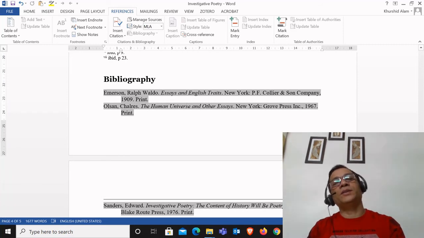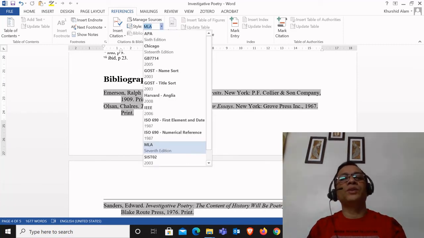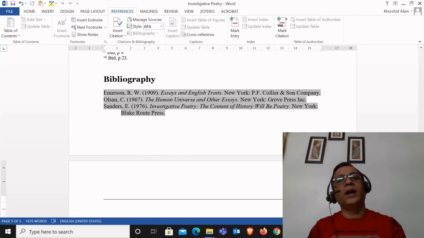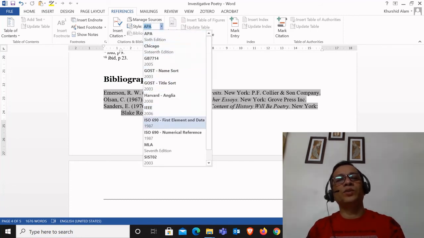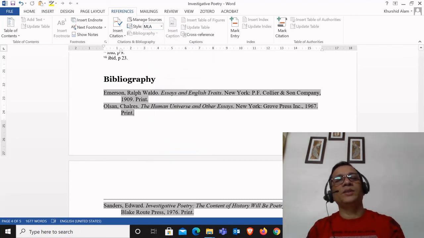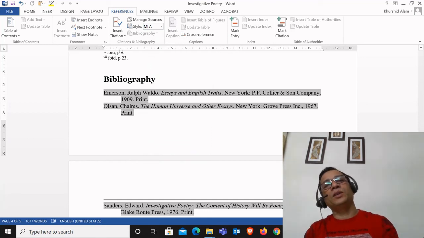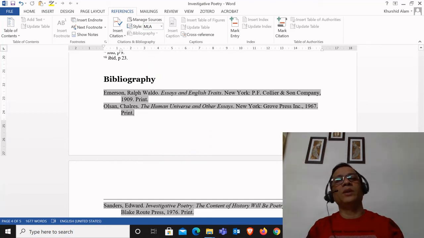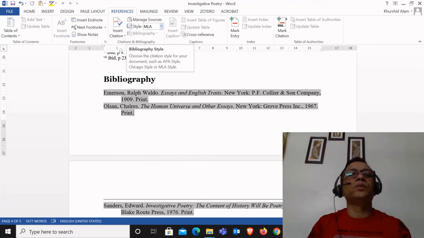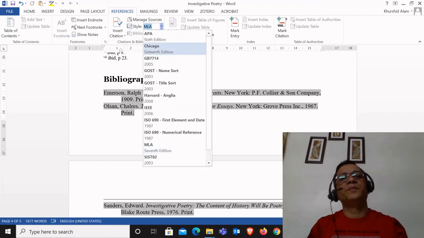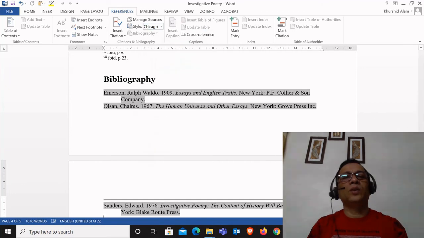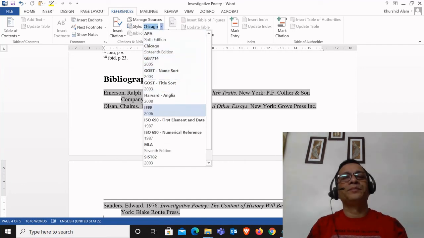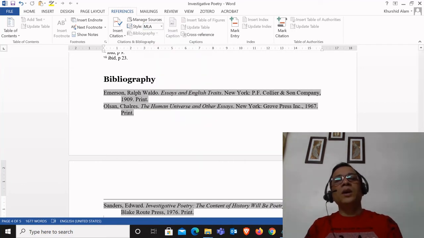And as I said, you can switch to any style if required, at any point of time. Just by switching to any style, all the citations, either in-text citation or bibliography, will be switched to the appropriate style like APA or Chicago or MLA.